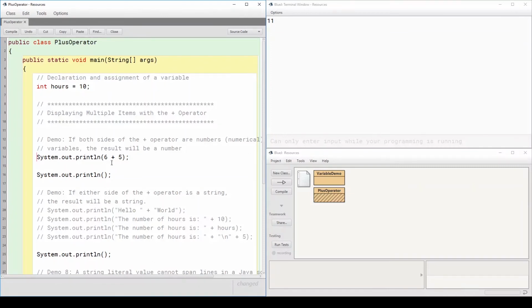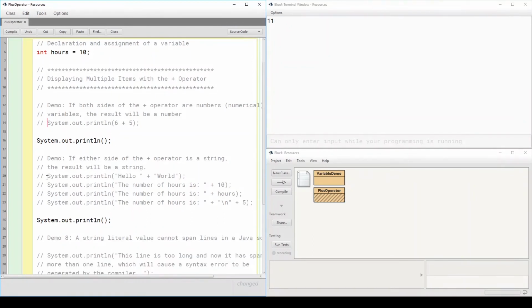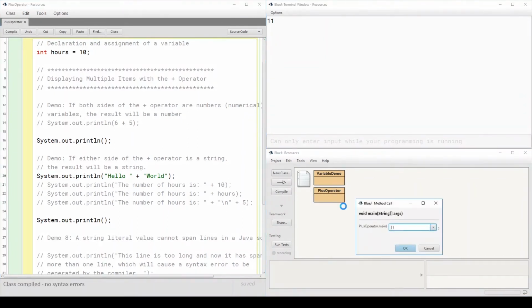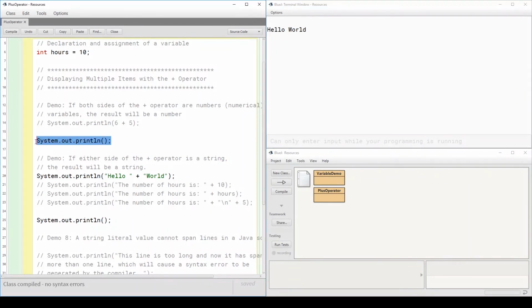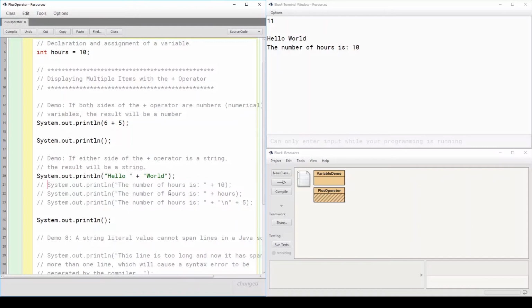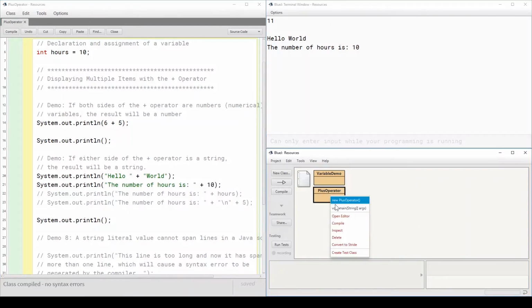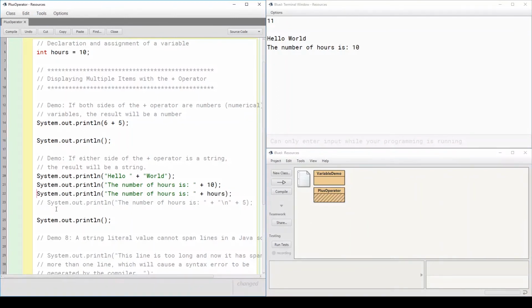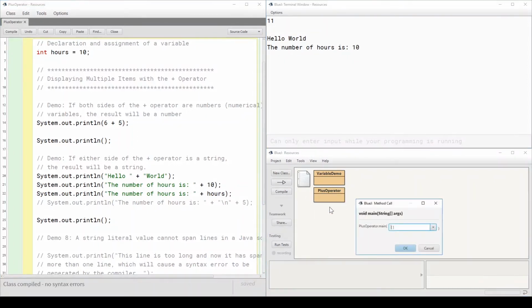Now, if one of the operands of the plus operator is a string, the whole thing will be switched to string. So for example here, if I say something like System.out.println hello plus world, and run this one, it's going to print hello world. Notice here that this new line came from the println, the separator, to make some space. So I could print it this way. Here we go. For example, I can combine a string with an integer literal. I could also combine a string with a variable. If I change this to be 100,